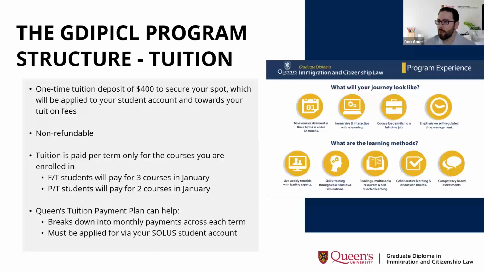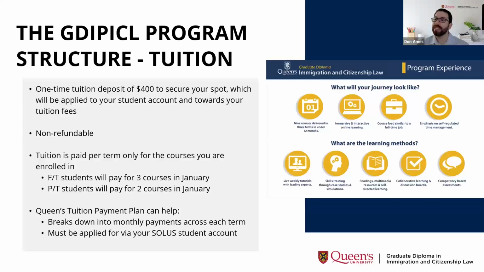Now let's talk about tuition. Tuition is another component we get a lot of questions about in our program. So tuition is already established via our tuition and financing page. All students pay the exact amount of tuition. Also, all incoming students need to ensure that they pay a one-time tuition deposit of $400 to secure their spot in the upcoming program. So you pay that once you accept your offer of admission.